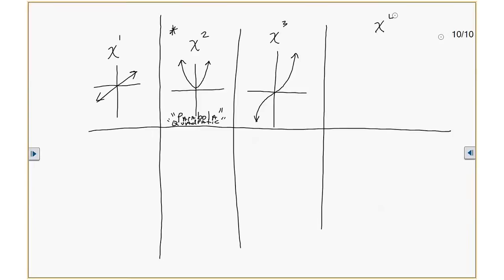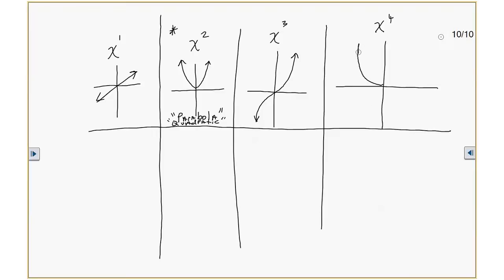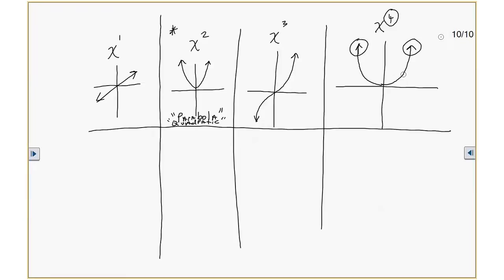X to the fourth, we're going to study x to the fourth. It's called quartic, which means it looks like a parabola, but it's a little bit flatter because of the what? Because of the even exponent. That's why they're called quartic. Okay? They're all parabola-like, but they level out because x to the fourth, x to the sixth, x to the eighth, x to the tenth, x to the twelfth, x to the fourteenth, x to the sixteenth, and so on. All the even exponents are going to look like this on the ending behavior, but they'll flatten out